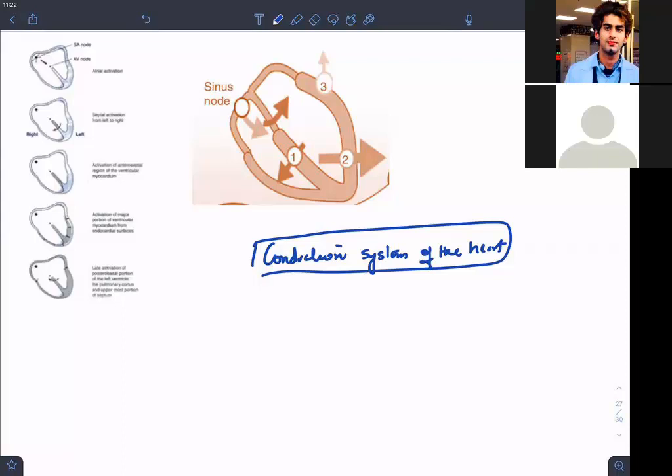As we already know, we have a SA node. Let me take this pointer. Please look at this pointer. If I talk about this region, this is the SA node. And the SA node, we know, has that pre-potential and causes depolarizations. It is that part of the specialized cardiac tissue which is able to undergo automaticity, spontaneous depolarizations. Okay. So that means in a normal heart, the origin of the cardiac impulse must be the SA node, and it should be generating action potentials so that those action potentials can